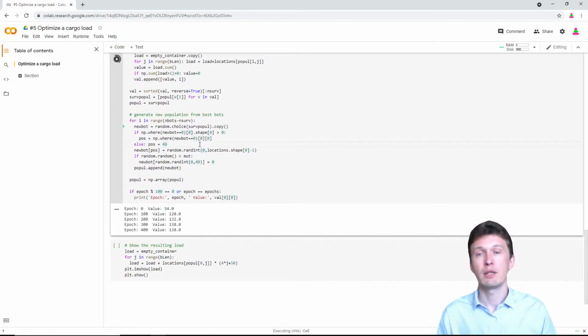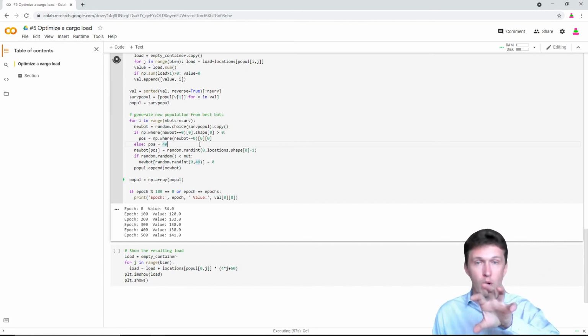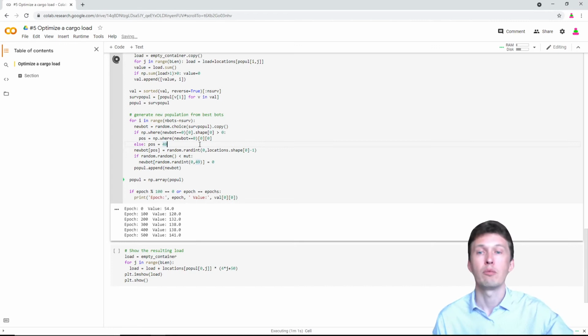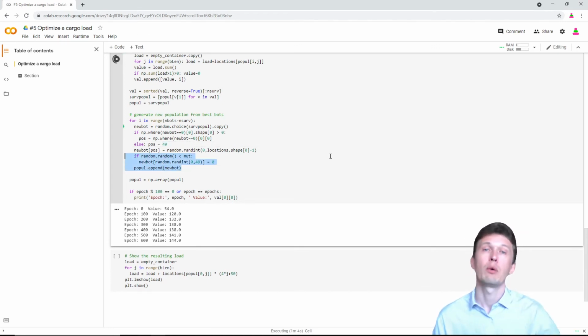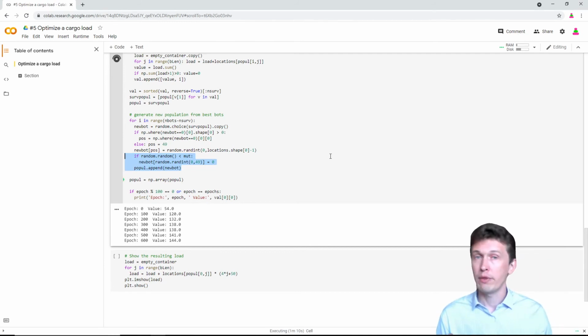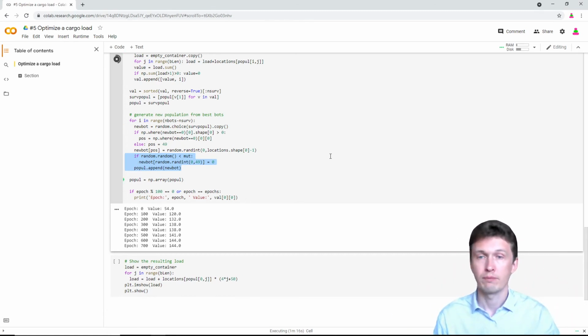And we generate children in the following way. We randomly choose a parent, look for the free space and try to put some box over there. And for every second bot we add a mutation, in the way that we randomly take out some box, hoping that in the next generation there will be a redistribution of boxes which gives a better solution.